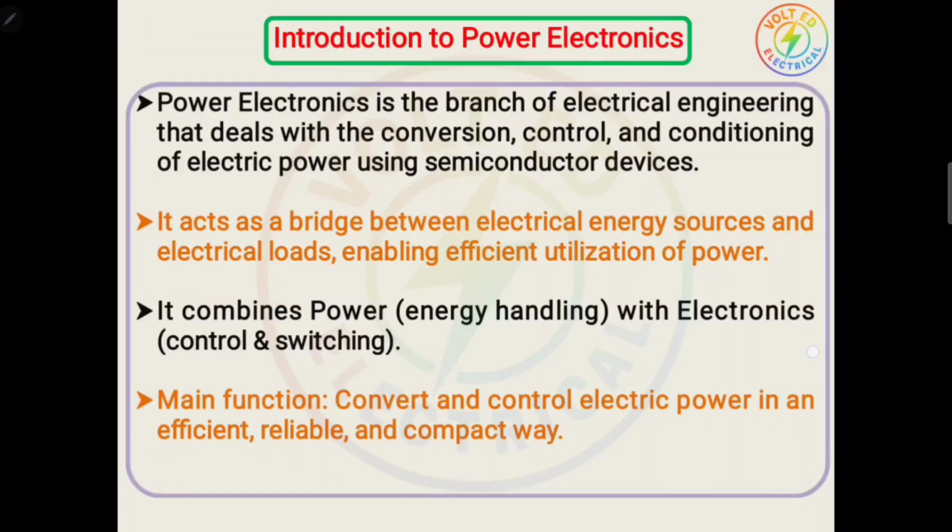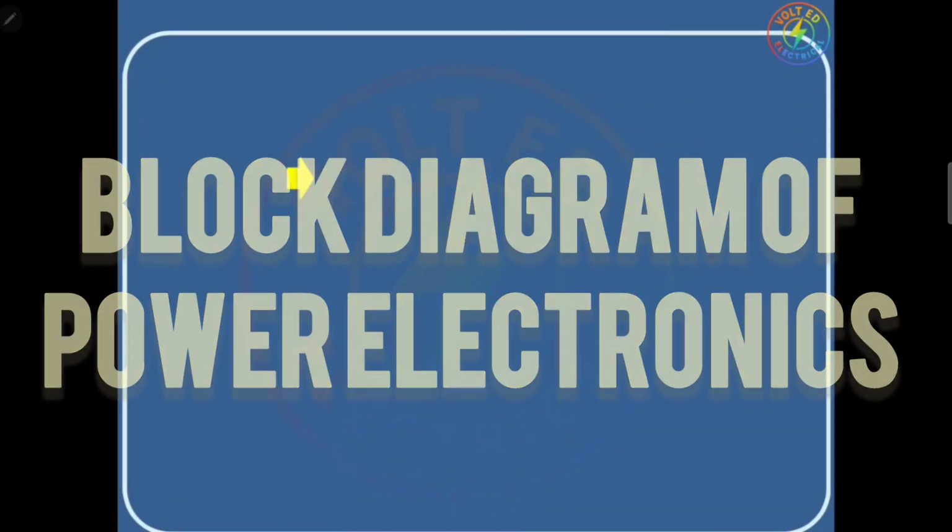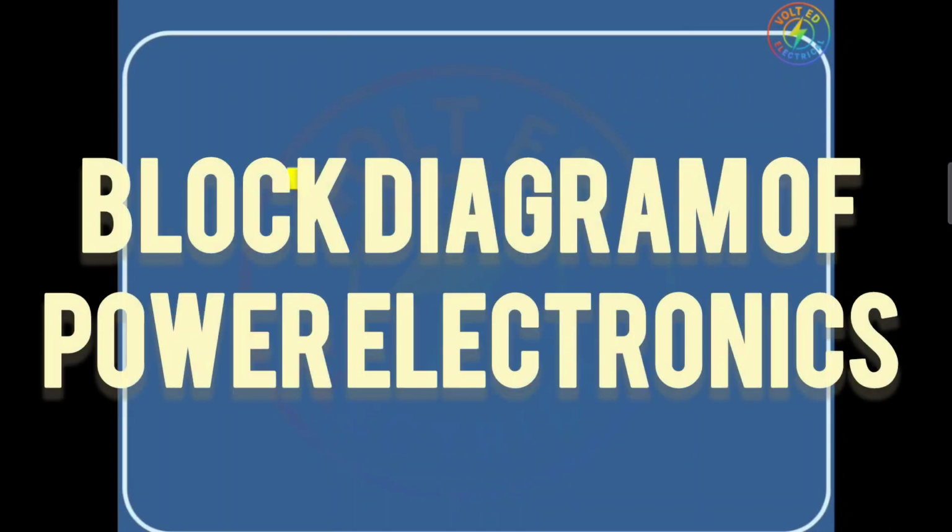Okay, now let's look at the basic control structure of power electronic systems. It starts with a source. This can be AC or DC. It is coming from the grid, renewable energy sources like solar and wind, or even it can be batteries. This power from the source is then processed